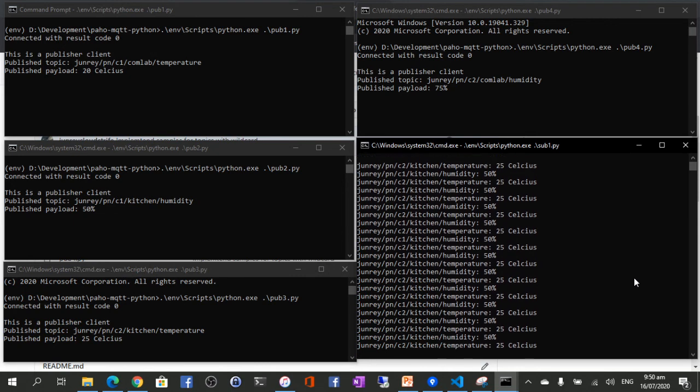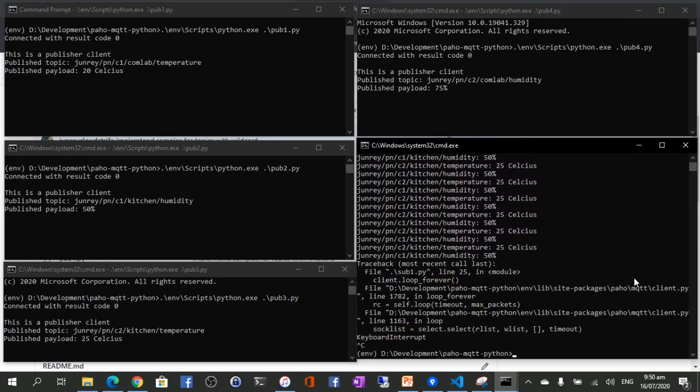So that's how we're using the wildcard. And now, what if I only want to subscribe to both C1 and C2, regardless of whether it's either a Comlab or kitchen? I want to subscribe to PN.